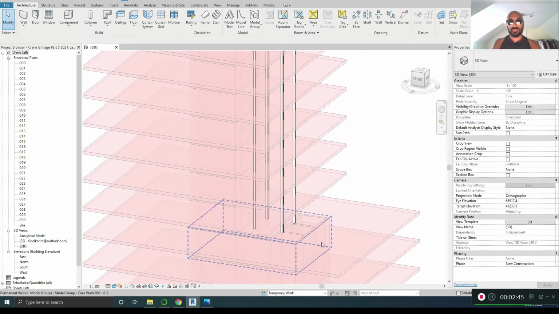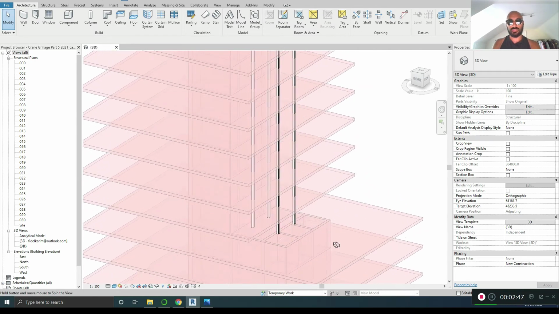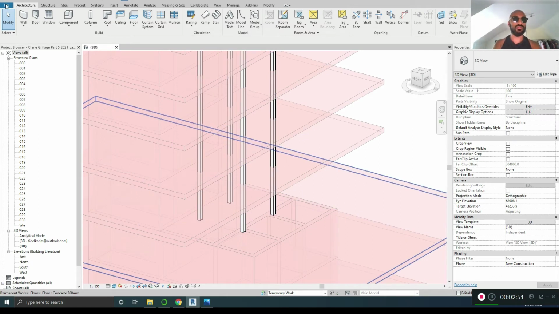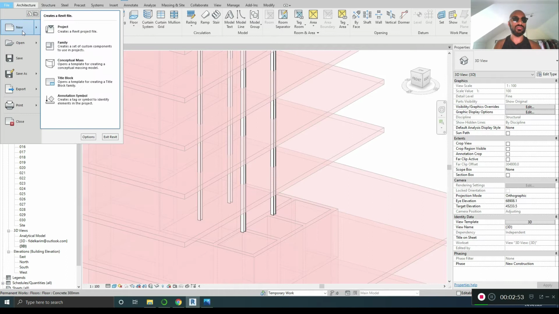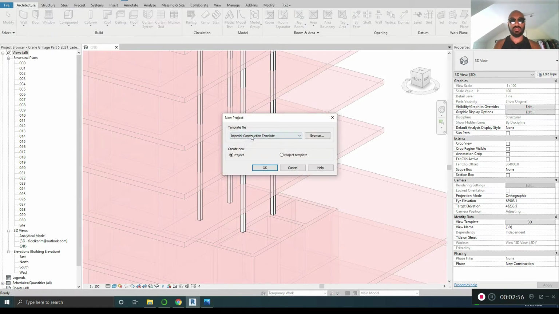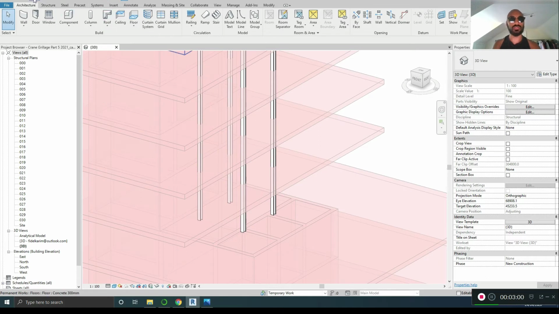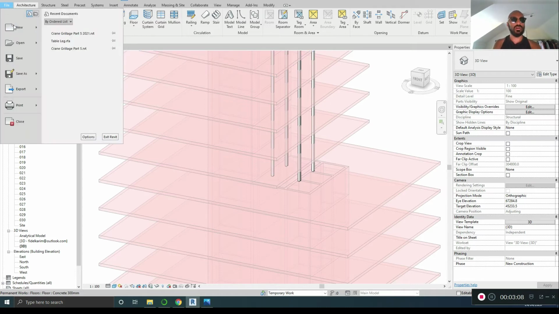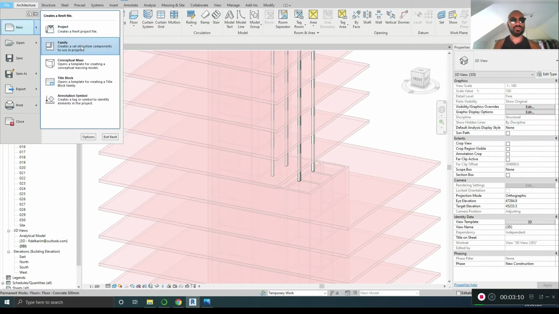So I'm going to load it into this project. You need to have a project to load it into so that you can play with it. It just doesn't really matter. All you have to do is say File, New, Project, and pick a template, and then you can load it in like that if you want that. You should really know how to do that. But I'm just going to load it into this one. If you want to know how to do this, check my YouTube channel for the crane grillage. It's a cool project. But for now, I'm just going to say File, New, Family,